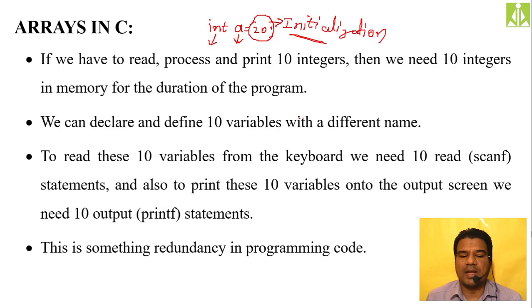Quickly, when we study arrays in C programming, first of all, we have to understand the need for arrays. Why do we need arrays in C programming? Then we see the definition. Then we see how we do the declaration, definition, and initialization of arrays. With that, we conclude this concept. And as I said, arrays are of two types, one dimensional and two dimensional. Hopefully in today's session, we discuss only the one dimensional array.